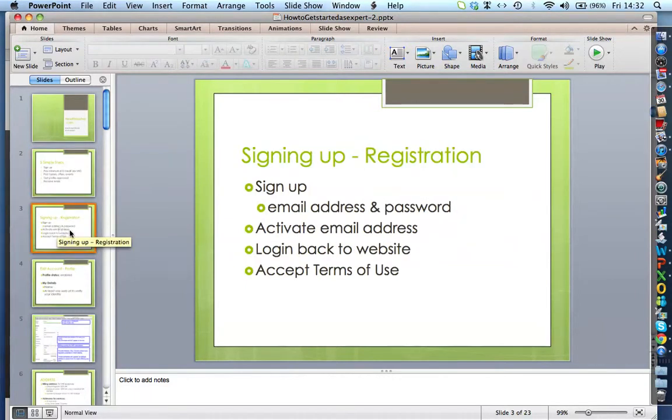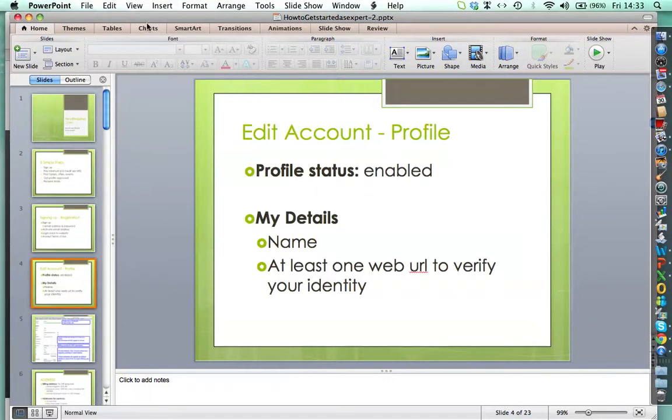So looking at the signing up registration process, signing up happens on the website. So you sign up by giving your email address and password. You will receive an email in your inbox to activate your email address. When you receive that in your inbox, you log in back to the website. And the first thing you have to do is to accept the terms of use. So after you've done that, you will basically come to your profile, and your profile will by default be